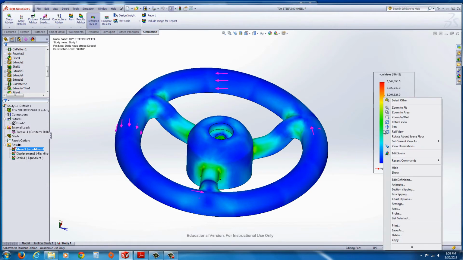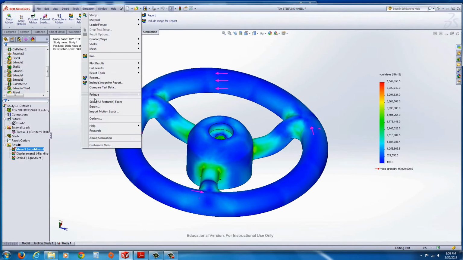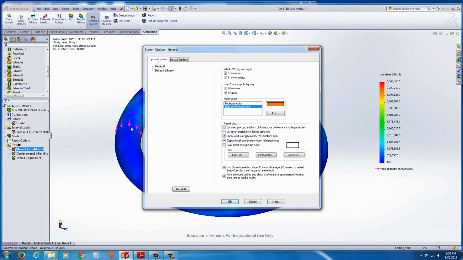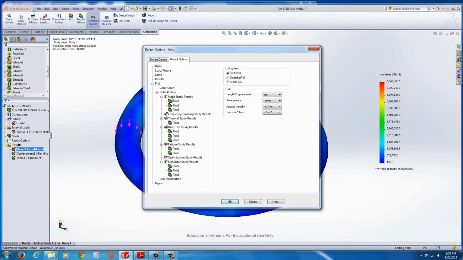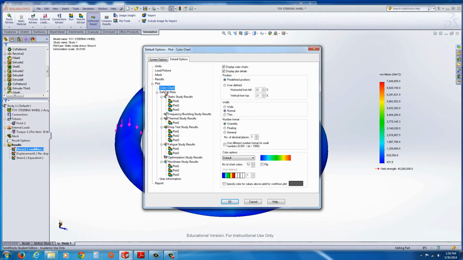Again, I'm going to right click up here. By the way, if you want to set this up to where you don't have to always right click on this area to change the megapascals, you go to simulation and you find the options. In here, if you go to the default options and plot, this is where you start to see the ability to change some of those things. So for example, here we want floating for the number format, and then the static